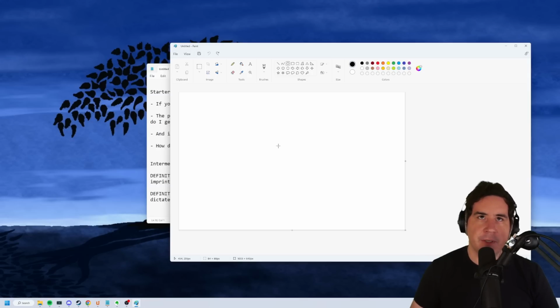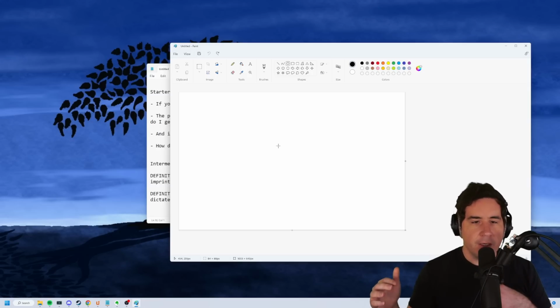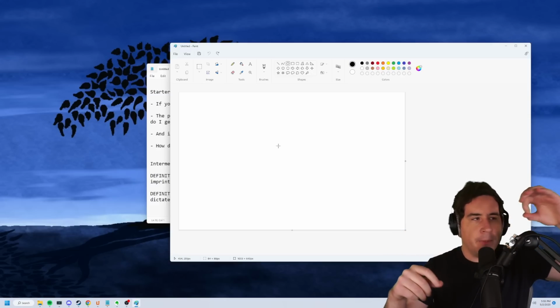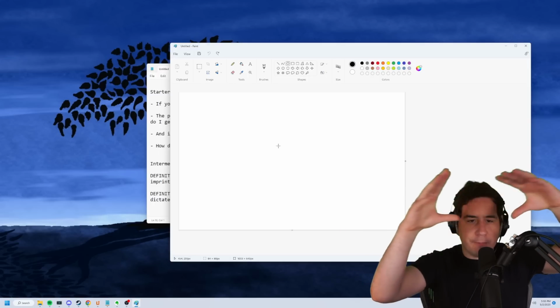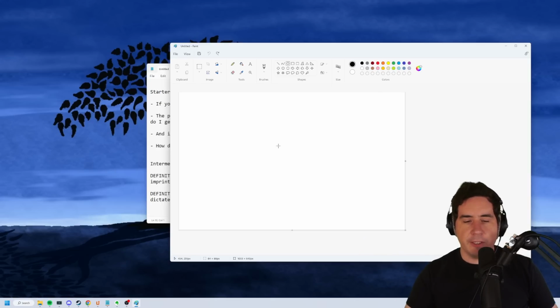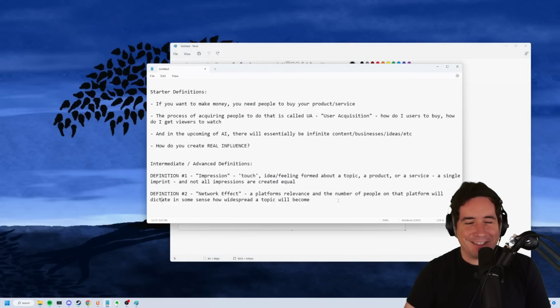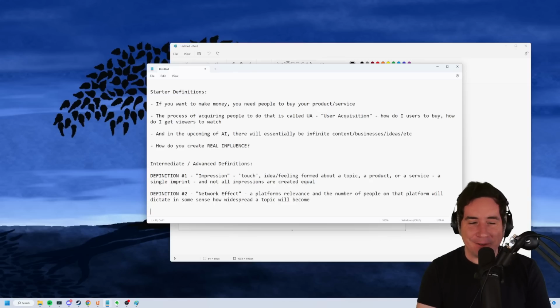You ever play that game? There're going to be like 3 people that know this reference. There was a game on a browser, I think it was called Agar.io, where you had a little blob, and the blob eats other blobs, and the bigger the blob becomes, the more blobs it eats. That's basically the network effect. I did not have that in the script for this video, but it is actually a perfect reference. That's the network effect.